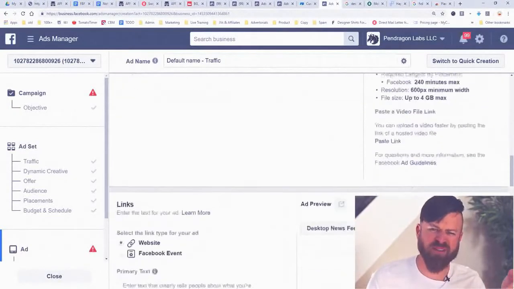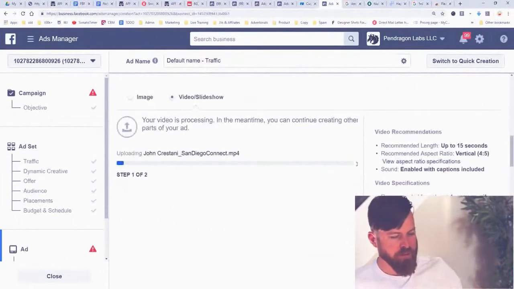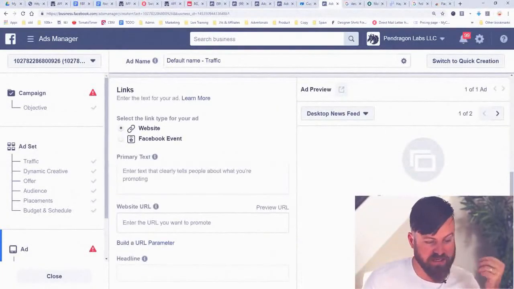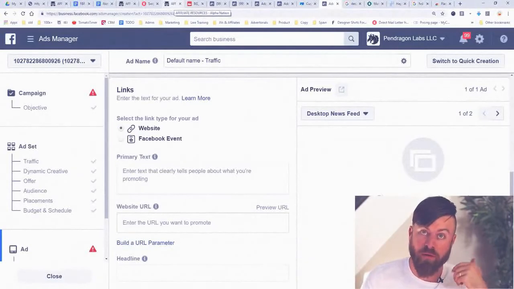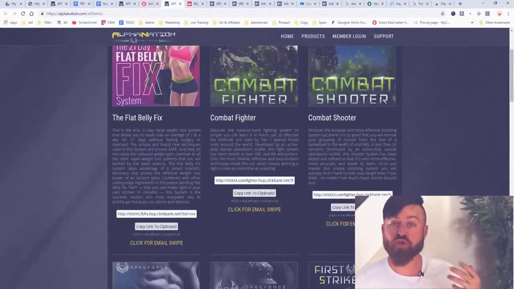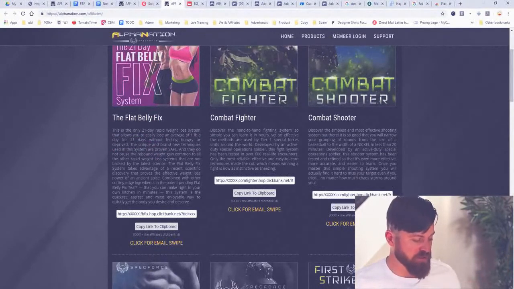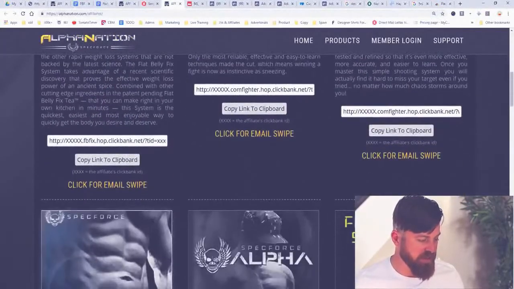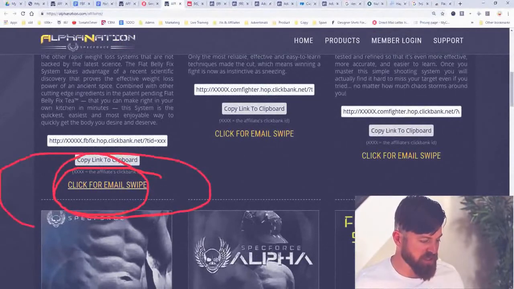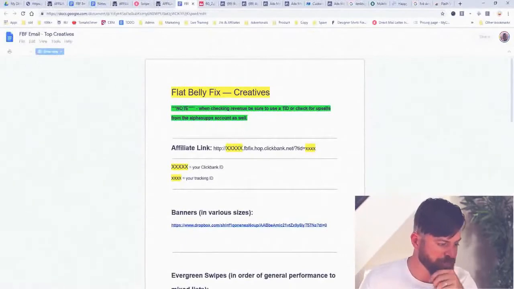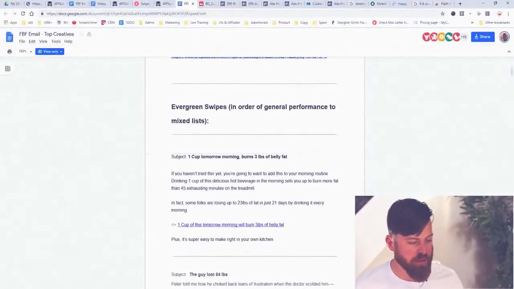The upload's going to take a little time, so that's the annoying part. But basically, the video processes, and then you go down here and enter your text. Now, what I prefer to do for affiliate marketing text is take information straight from the advertisers. So we can see here on the page we were originally advertising, which is for the flat belly fix, it says click for email swipe. And I would just click there for the email swipe,